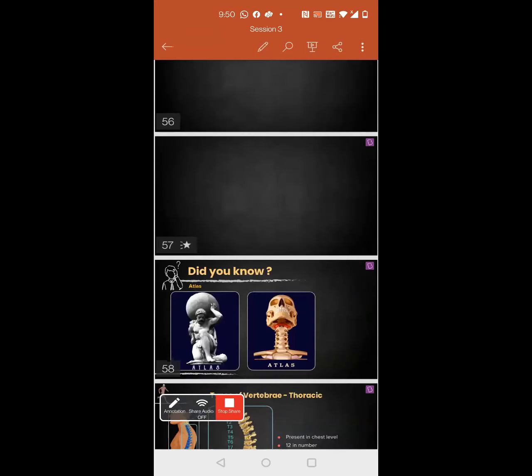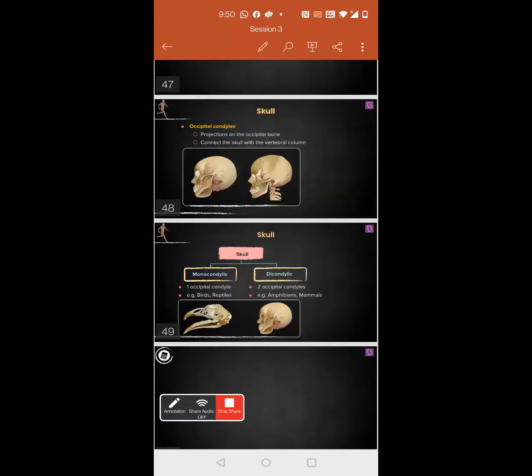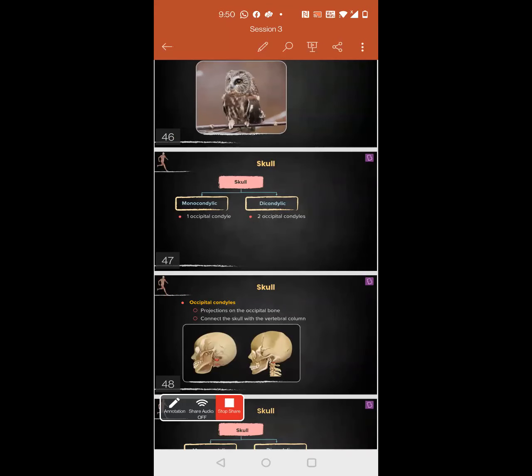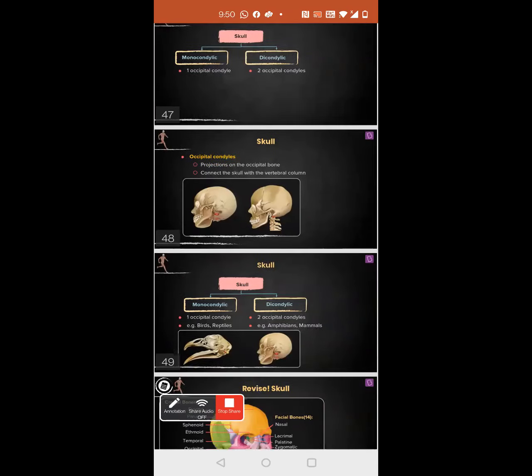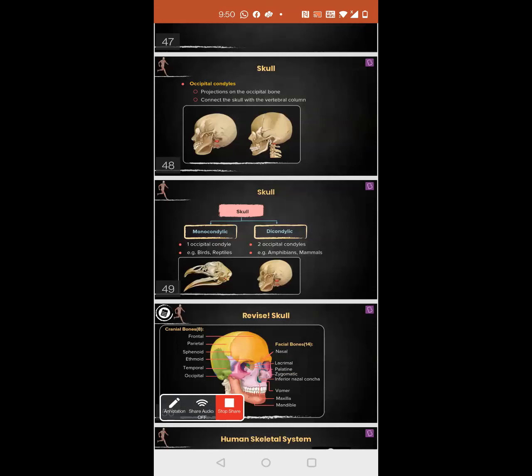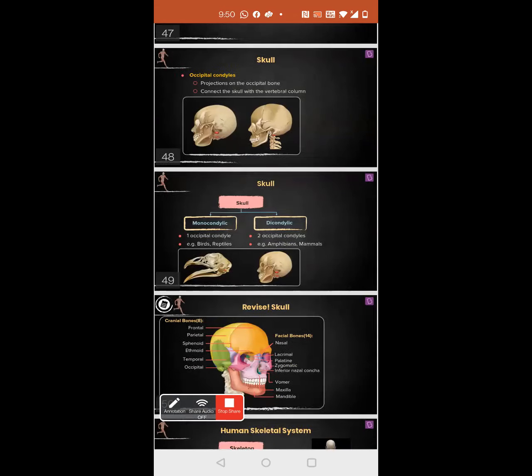So we'll start with the vertebrae. As I said, the vertebrae are like columns, separate disc-like structures stacked upon one another. We learned about condyles also. We are dicondylic, that is, we have two condyles. That's why we can't turn our head 180 degrees like birds. Birds are monocondylic. Condyles are projections from the occipital bone. Very good. I'm very proud of you.